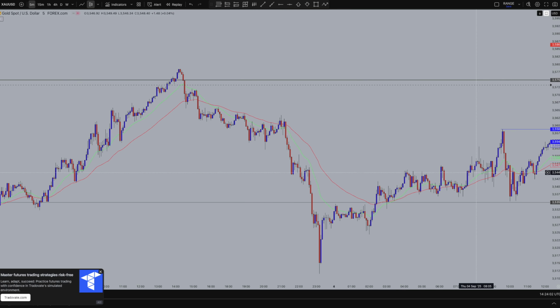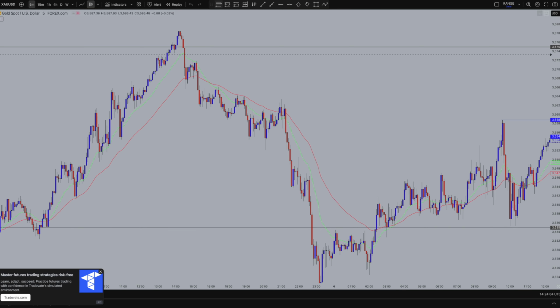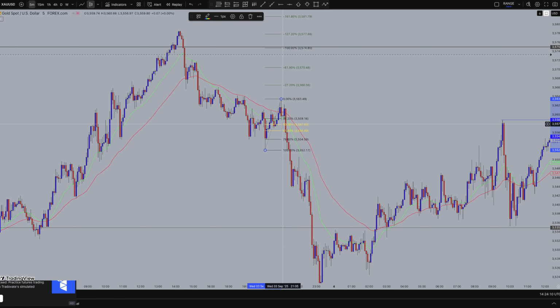Which is right here. And I said, okay, we could get a little bit of pullback because we broke the high right here. So we got in at 50. We got a nice rejection. So I put my stop at 52, right? Because it's the newest fib we're using for our entry